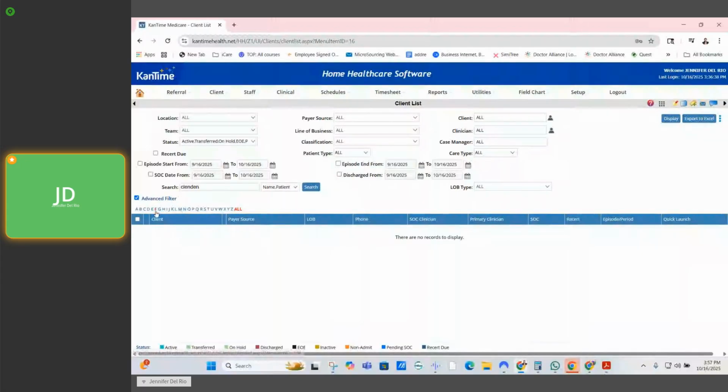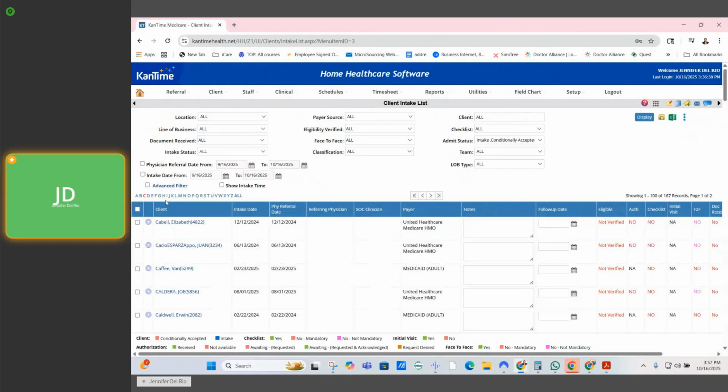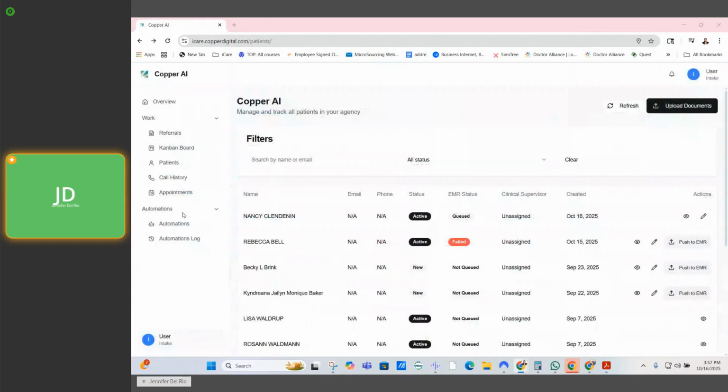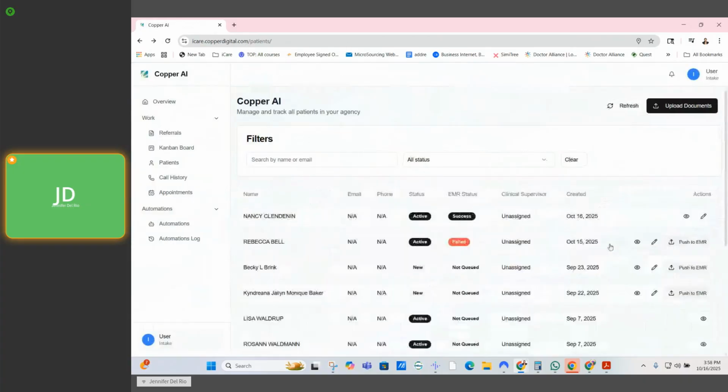So it's not yet added as a client. So if we push it to EMR as a patient,